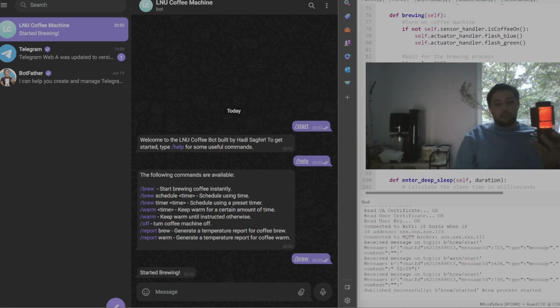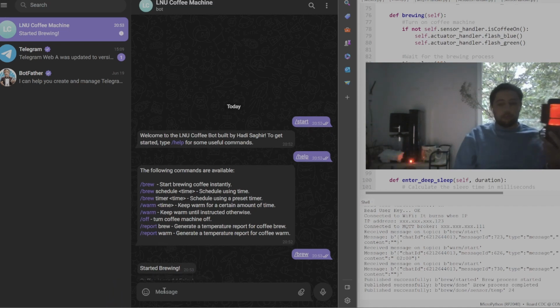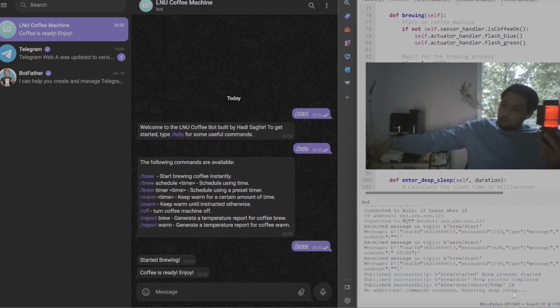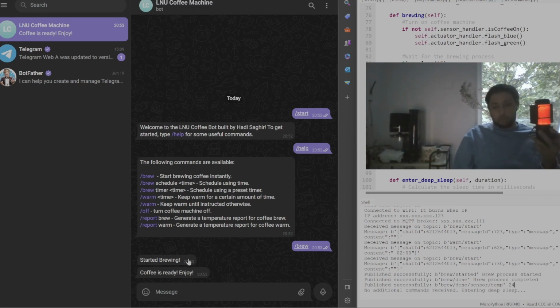I have shortened the period so that for the purpose of this demonstration, it has sent that it's done, and then as well it has sent a temperature reading to the database. This is going to be shown later in the report that we are going to generate either by text or either by looking at the dashboard. What now I want to do is to warm